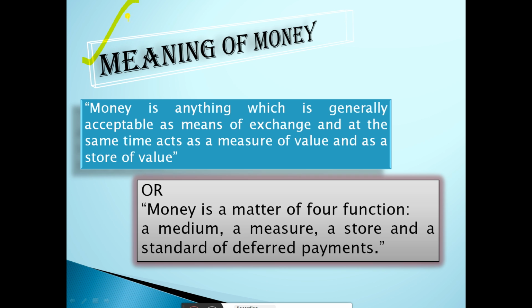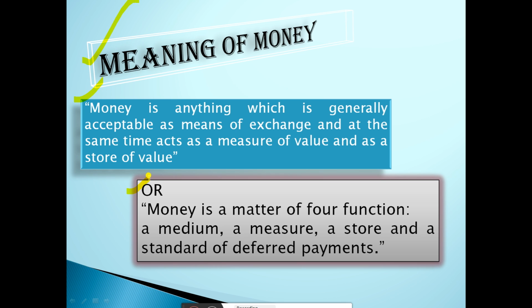Students, you know that money is anything which is generally acceptable as a means of exchange and at the same time acts as a measure of value and as a store of value. Or we can say that money is a matter of four functions, because whatever we discussed in barter systems